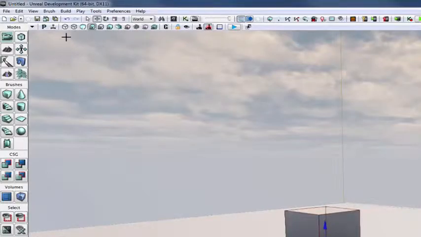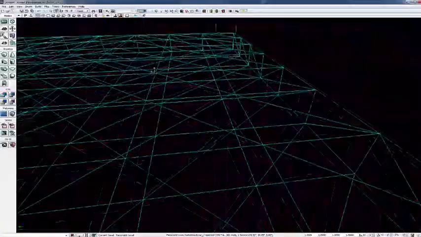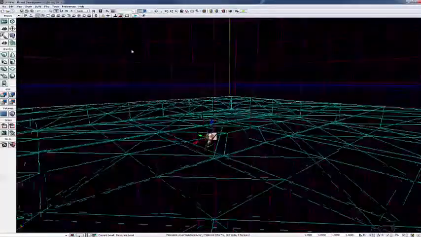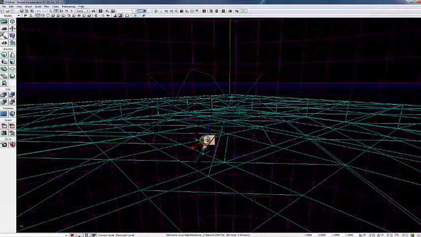These next buttons are very important. This button here is your wireframe. As you can see, everything is in wireframe mode. Now this is very handy if you want to try and grab your builder brush. So if I was to